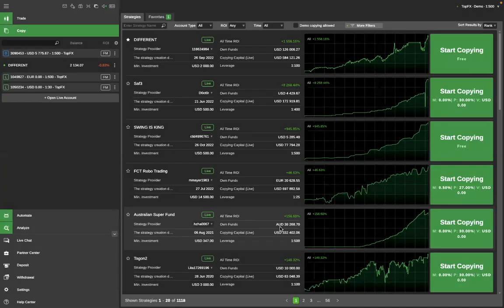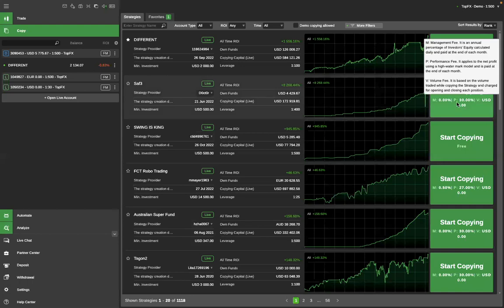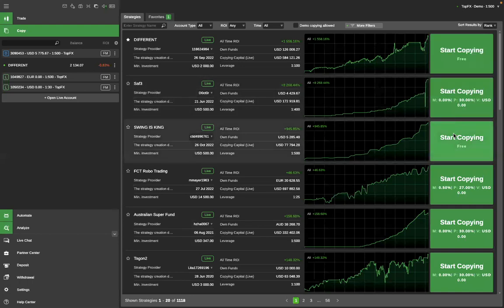The other thing we need to remember when we're dealing with the copying section is to manage your copy trading account, right? When copying a strategy, a copy trading account can still be managed. It means you can dynamically add or remove funds from it, set or remove a stop equity loss, or just stop copying, basically. All of these options are available from the copy trading account setting button to the right of the copy trading account preview. So as you can see, if I click,